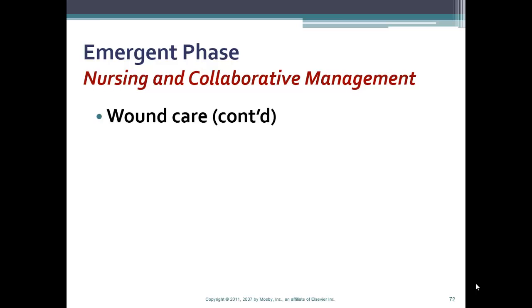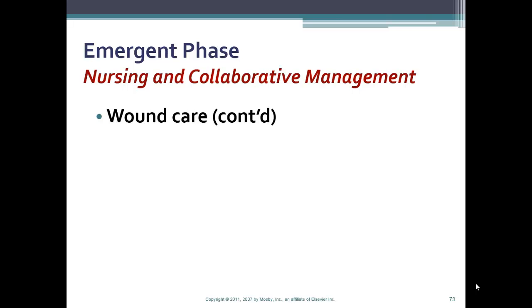So there's a couple different methods for wound care. There's the open method, and that's where they put a topical antibiotic on the wound, but they won't put a dressing on to cover the wound. But the most common type is the closed method, and that's where they will put the topical antibiotic on, and then use sterile gauze to cover. There again, the dressings can be changed a couple times a day,